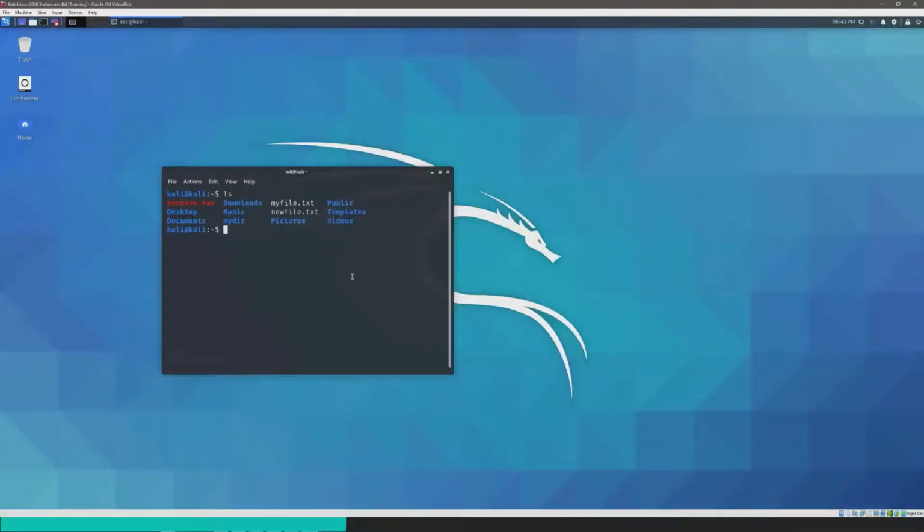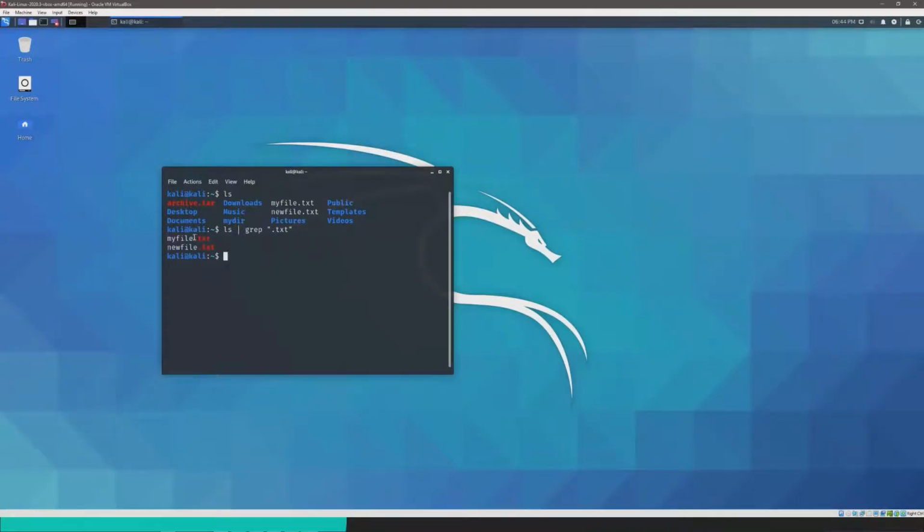So ls shows us all this information, but what if I don't want that? What if I just want files that start with or contain .txt, like these two? I would do ls, pipe this output that we have here into grep, and then in quotations I type in what I want to search for or to output specifically.